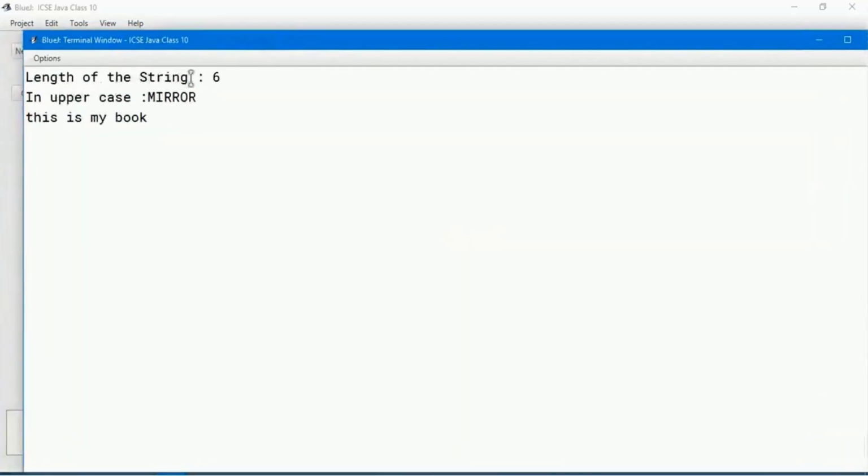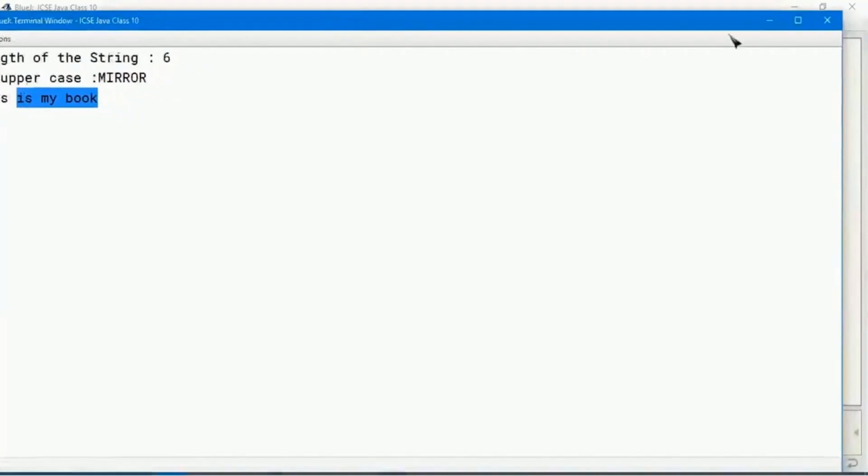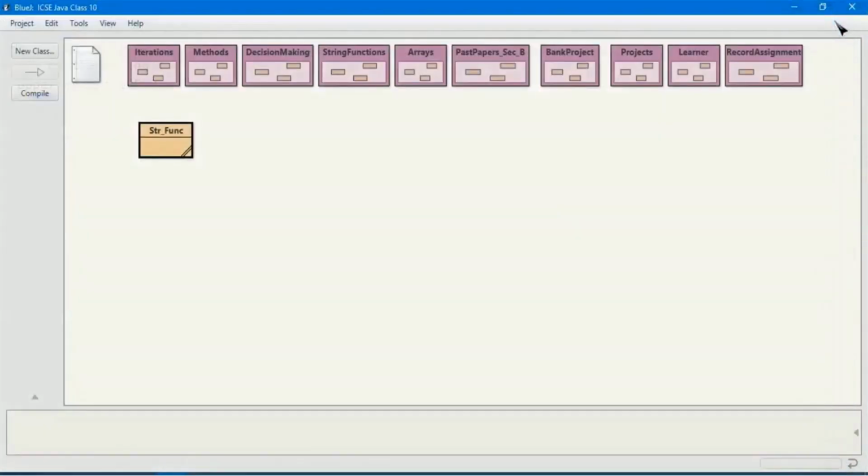So you can see here the length of the string is 6, in uppercase. So mirror became uppercase. This is my book. So this was already in small letters, all others were in big letters, so it has been converted into small letters. The next we are going to see here is